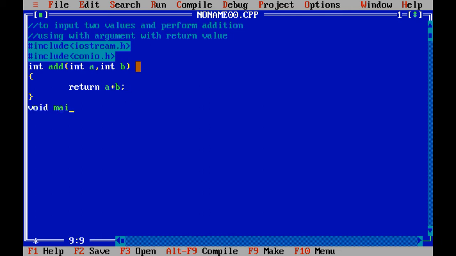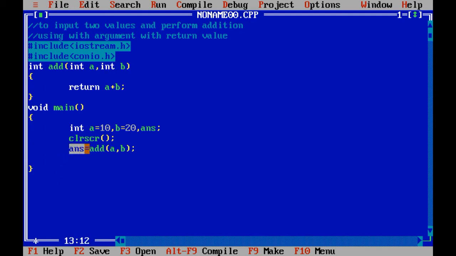Now void main. Here integer a equals 10, b equals 20, and one more variable I need to define, that is answer. Why answer? Because we have written a return value here. So the function call will return the value and we need to store it in an integer variable.